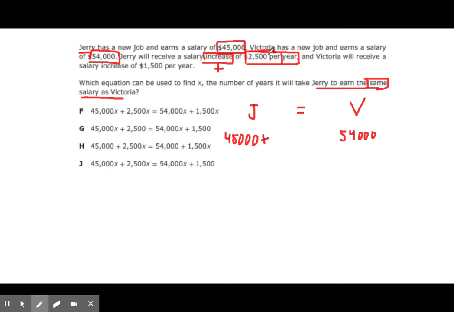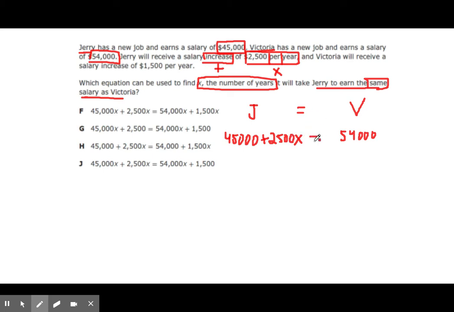Here's that word per. Okay, anytime I see per or each, that tells me I am multiplying, right? So I'm taking that 2,500 and I'm multiplying it by the number of years. Do we know the number of years? No, that's our variable, right? Our X is the number of years. So I need to add 2,500 and multiply that by the number of years. So we're going to use X to represent the number of years. So for 45,000 plus 2,500 times X